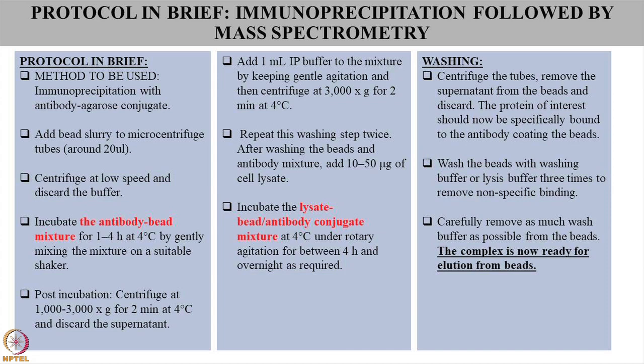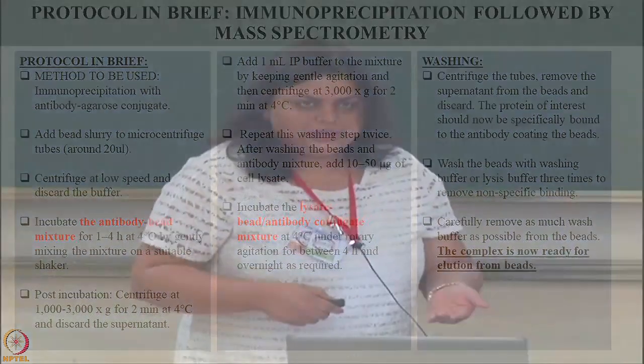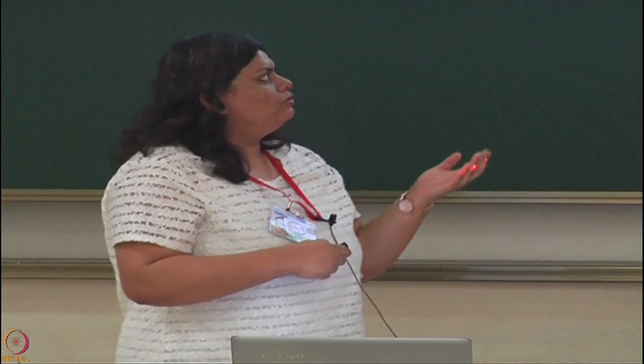So basically IP takes consecutive days, so you can use a couple of days to get this done. In the next day you will again wash it, so as to not have things that are just weakly bound or a carryover. You just want to be sure that you are identifying only the complex of your interest. And then you will do an elution. Again this step is optional. You can directly load the whole thing on the gel, so whatever it is, it will come up. Or you can use the whole complex and do an in-solution digestion after the elution step.